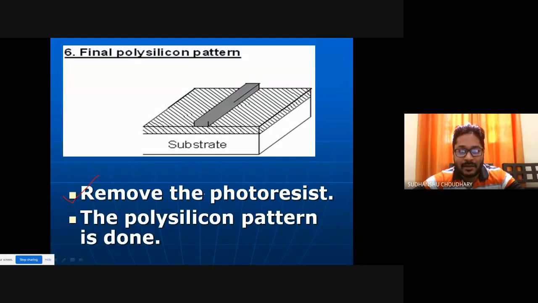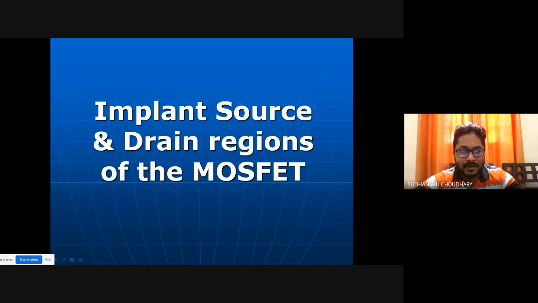So remove the extra photoresist present on the polysilicon layer, and then the polysilicon patterning is done. This can now be utilized as a gate. Similarly, the regions of doping can be created, and a MOSFET can also be created.